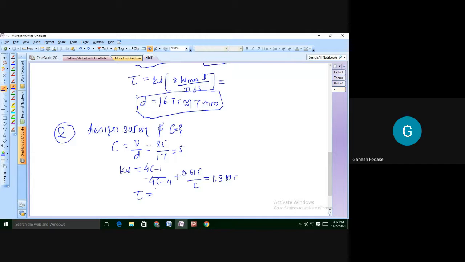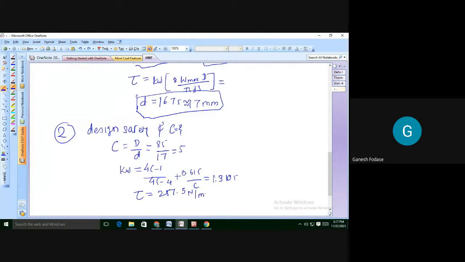What is value of tau in this case? Formula is known to you. Kw is 1.305 or 31 into 8 F max of d upon pi d cube. Solid. Check value of tau. Anyone? 257.40. Okay, it is right. 257.5